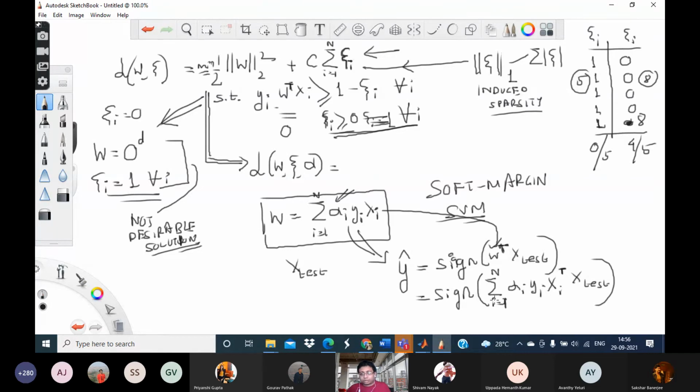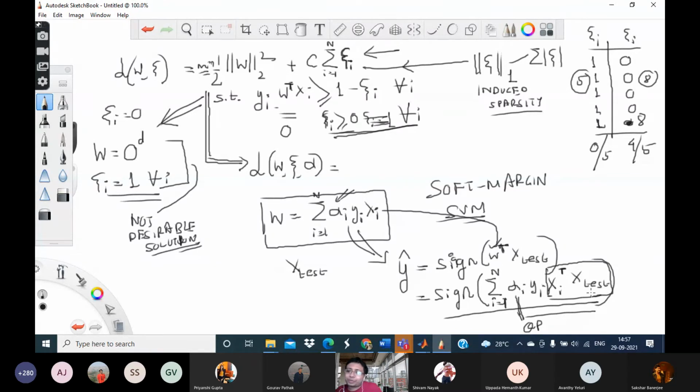The point to be noted here is that the alpha i's are of course the values coming from the QP, and for the non-support vectors, the alpha i's are going to be 0. But for the support vectors, for which alpha i is non-zero, the interesting thing to be noted here is this part. What I am doing is considering xi transpose x test. So what does this mean? This means the dot product of the test vector with the ith data point.